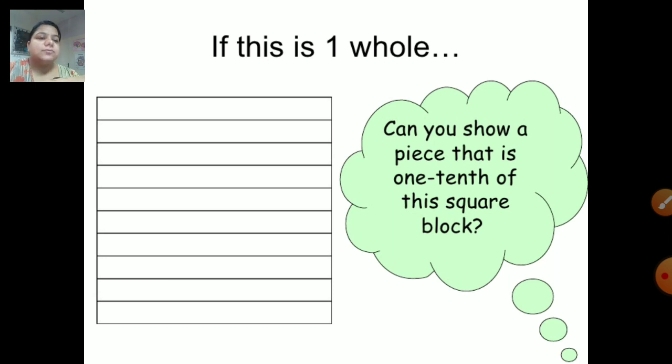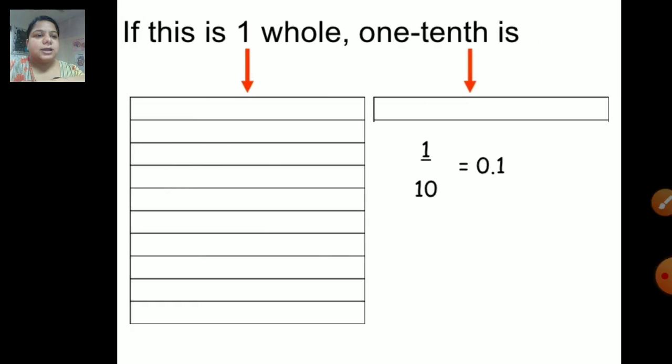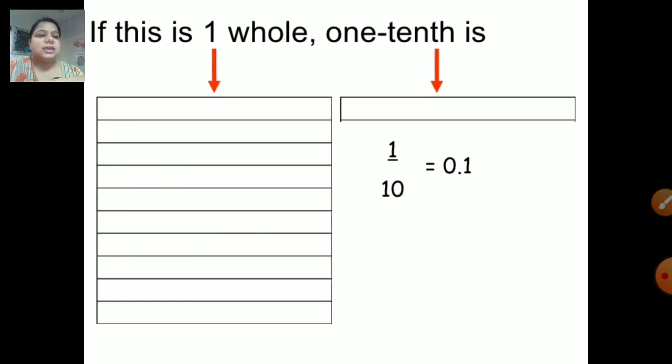1/10 means we have to divide the whole square in 10 equal parts, and out of those 10 parts we have to take one part. So that will be 1/10 of the square block. So I have already divided it into 10 equal parts, and yes, I have taken one strip out. On the right side, this is one whole, and when we have taken one strip out of it, this is 1/10. Okay, so in decimals it will be written